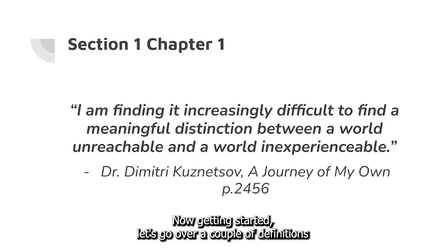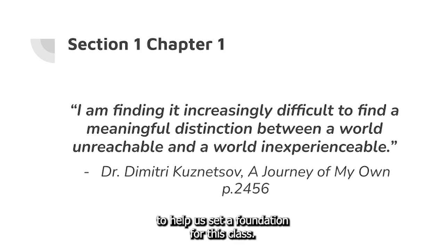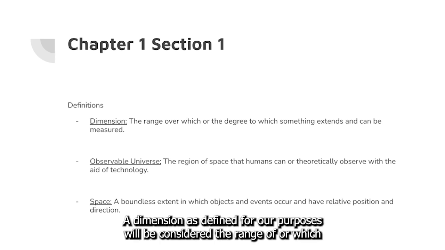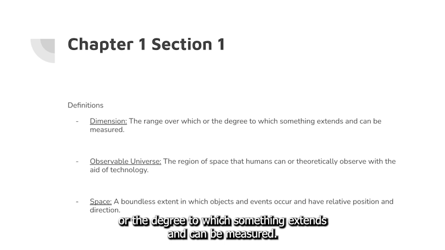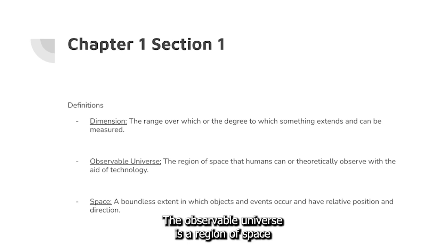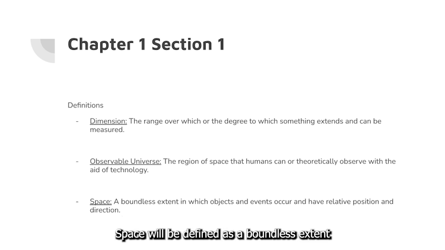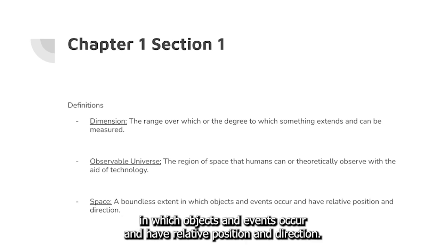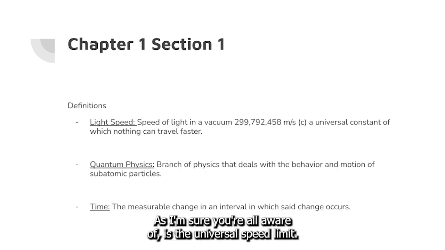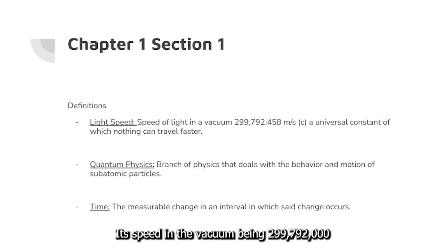Now getting started, let's go over a couple definitions to help us set a foundation for this class. A dimension, as defined for our purposes, will be considered the range over which, or the degree to which, something extends and can be measured. The observable universe is a region of space that humans can or theoretically observe with the aid of technology. Space will be defined as a boundless extent in which objects and events occur and have relative position and direction. Light speed, as I'm sure you're all aware of, is the universal speed limit. Its speed in a vacuum being